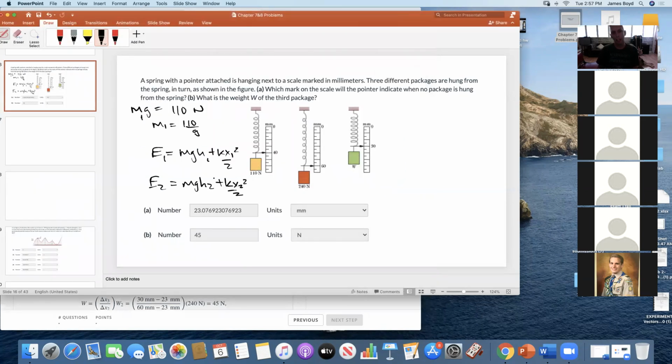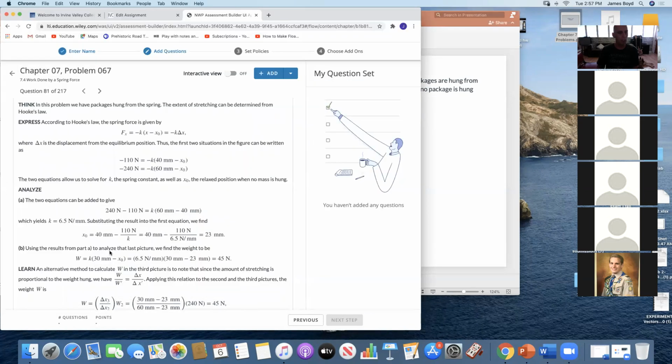So we can find k here, but what I've kind of messed up along here is they're not assuming mgh. So once they do that, then they can use